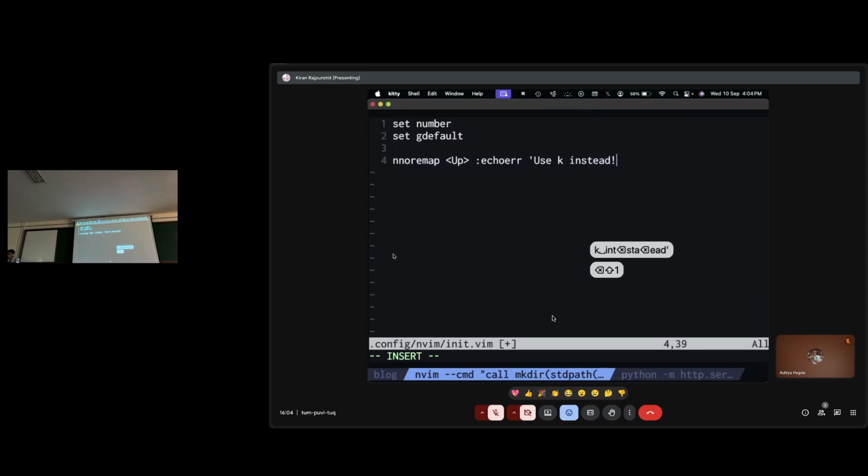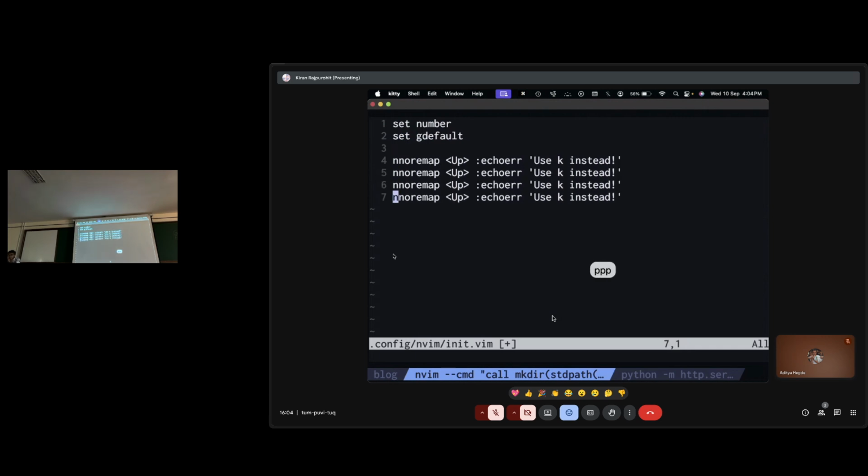Make sense? Right? And I'm going to repeat this for up, down, left, and right. So this is good. I can just yank to copy the entire line. Paste it three times. Change up to down.